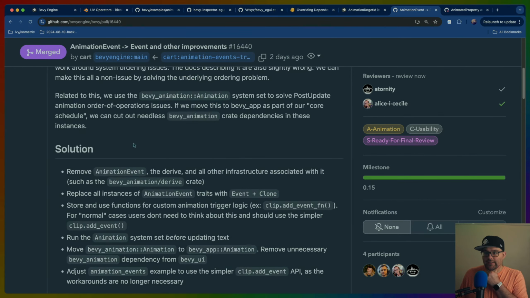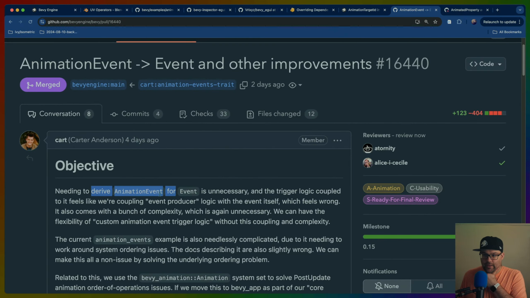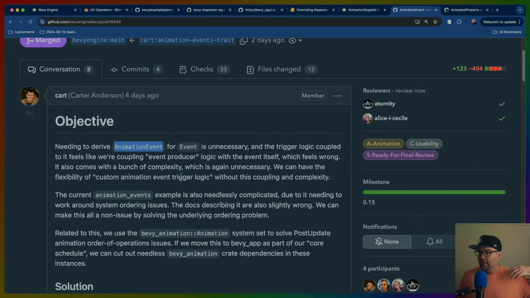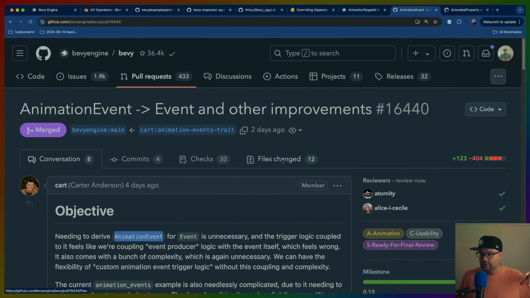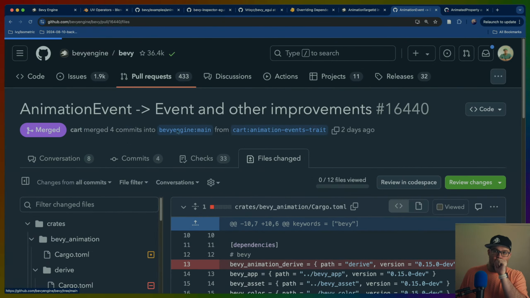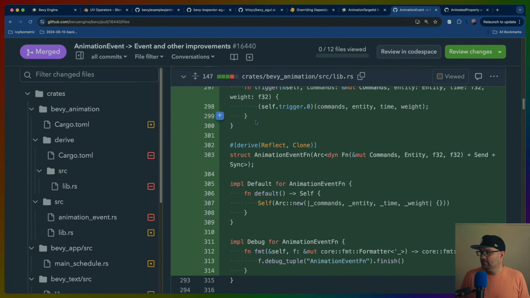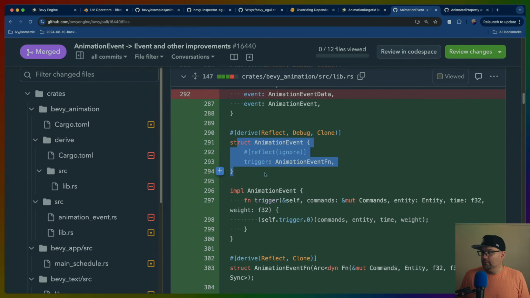So anyway, in the release candidate, animation event is what this event is called, and you have to do an additional derive for the event. But with this change, you don't actually have to do that anymore. So you just get to do the animation event. This holds an animation event function. So what the trigger is,